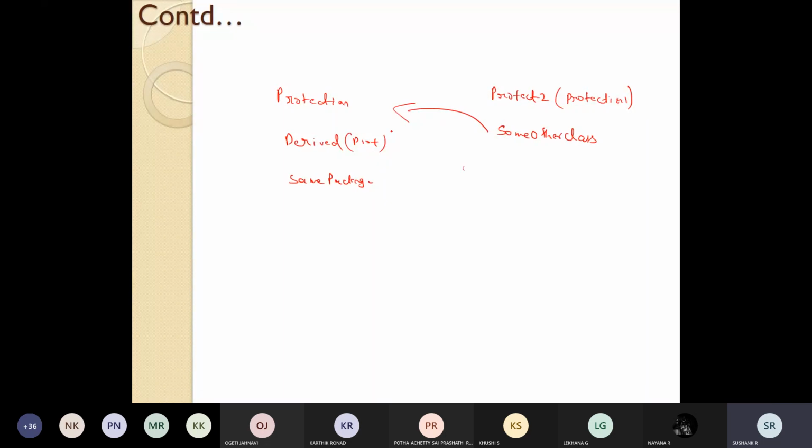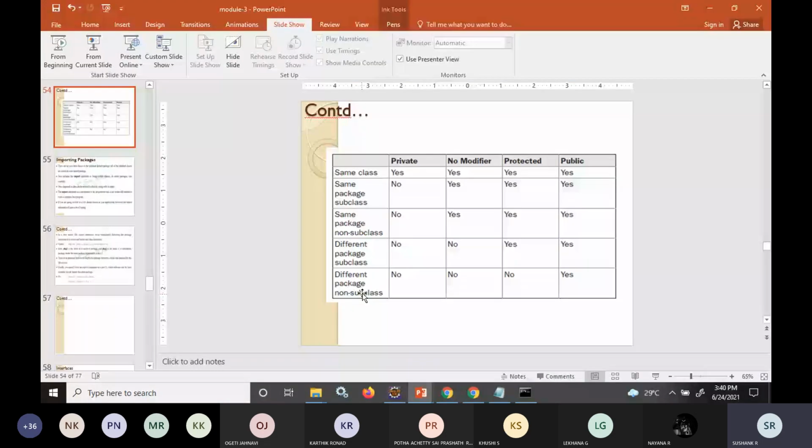There is no relationship between the classes in the other package and the classes in this package. So this is just one common class in another package. This is the situation where it is in a different package and there is no subclass relationship either. So it can access only public variable and it cannot access other variables.